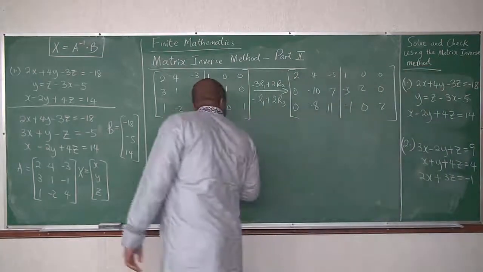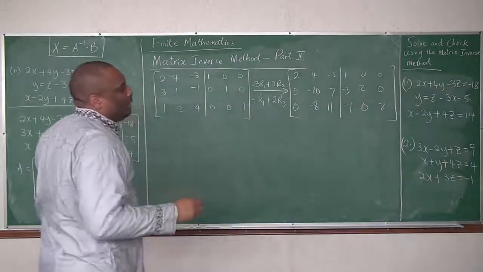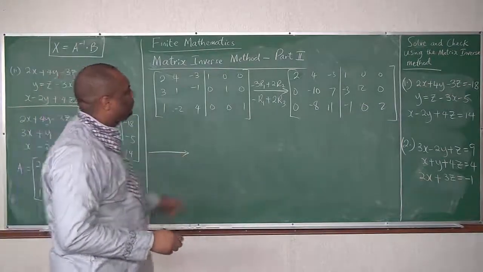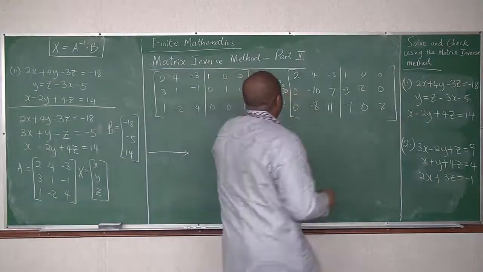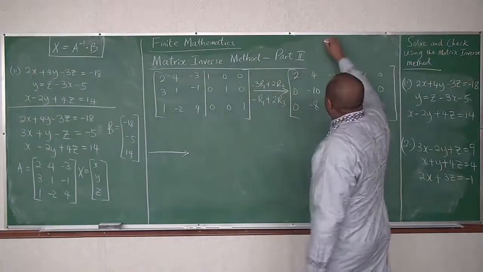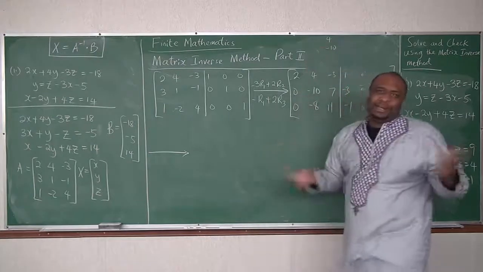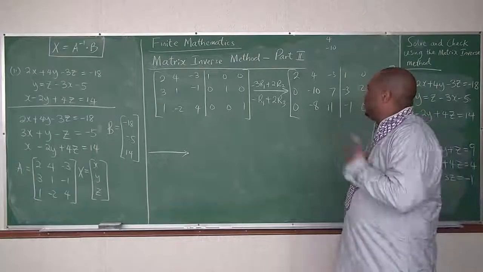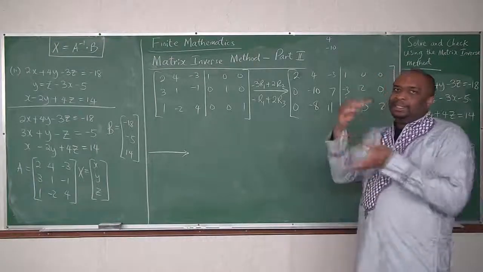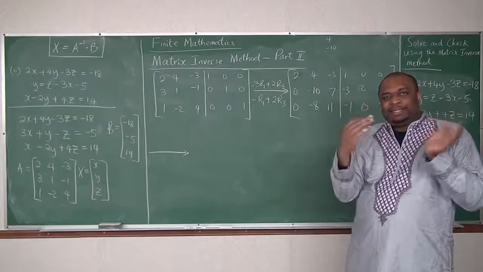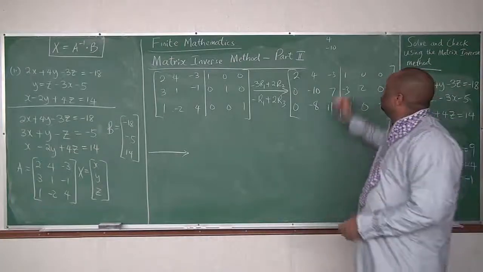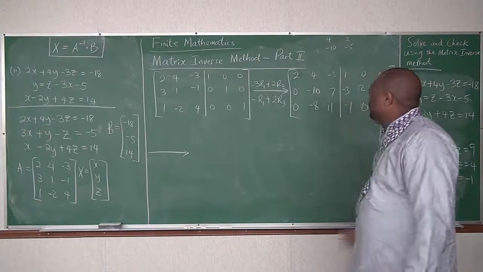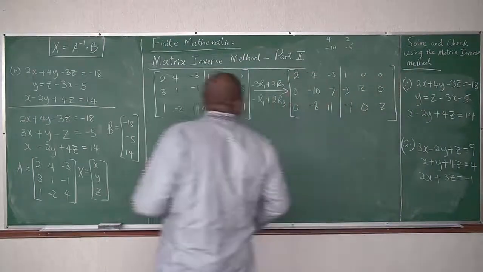Now, what is the next operation we do? We have this guy, 4 and negative 10. I don't like working with big numbers. If I see that they are factors, I can simplify it. That is what I do. So this is 2 and negative 5. That is what it means, right? 2 and negative 5. So what I'll have now is